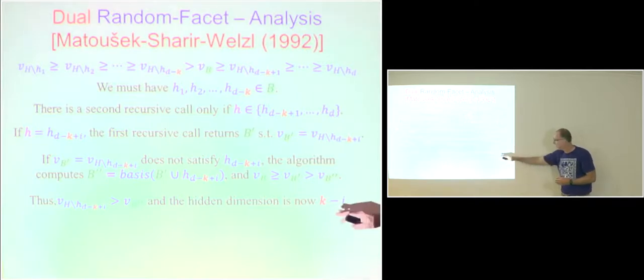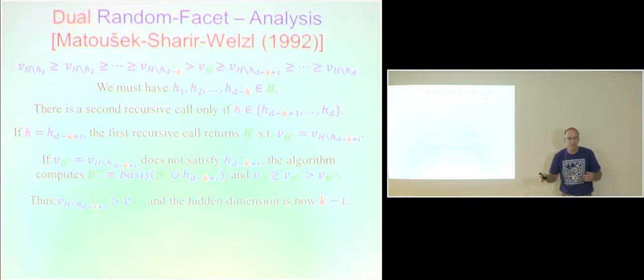So again, comparing it to Seidel: in Seidel, in the second recursive call, we got a big saving because instead of working in dimension d, we work in dimension d minus 1. But here, note that k is always at most d. So the second recursive call is in a dimension which is randomly distributed between 1 and d. So this is really a huge saving, right? Now,